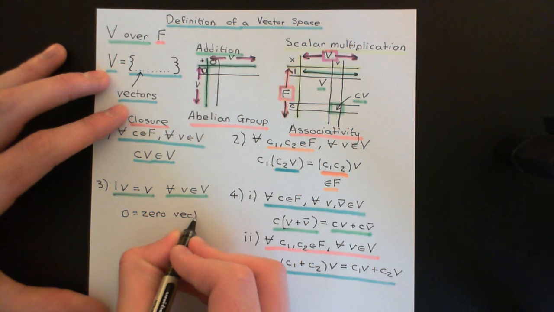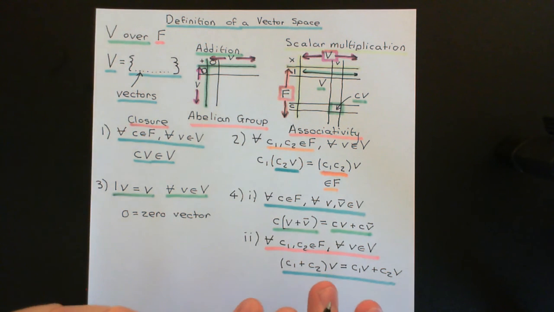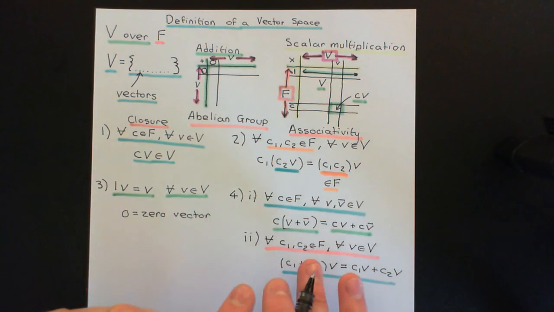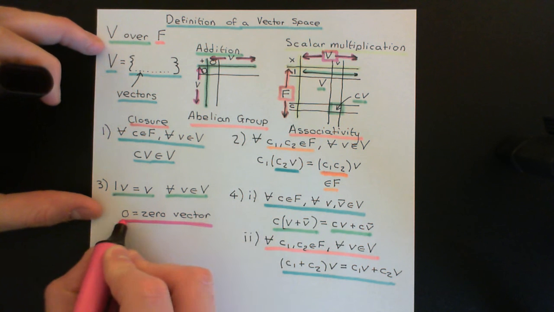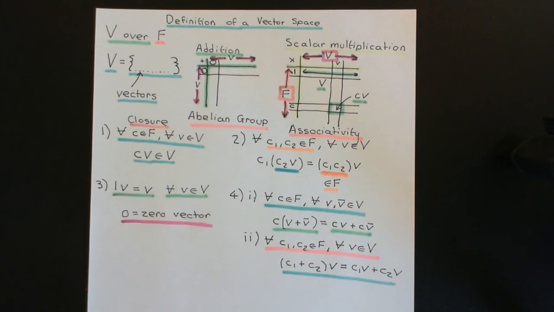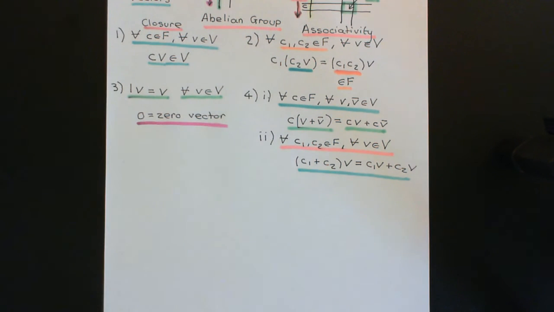Now this is where it's going to get incredibly confusing, because we're also going to have an additive identity in the field, capital F, which we're also going to call 0. But it's going to be a different element in a different number system. So we have 0 representing the additive identity in the field and 0 representing the 0 vector in the vector space, but I hope it will all be clear even though there is that ambiguity.